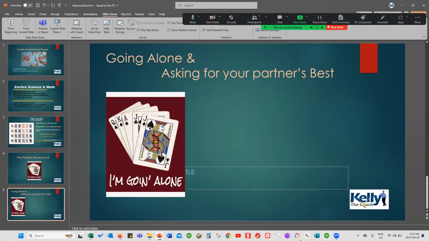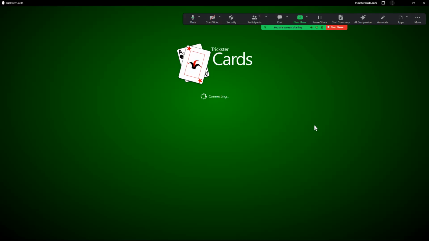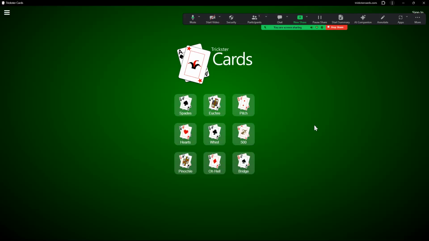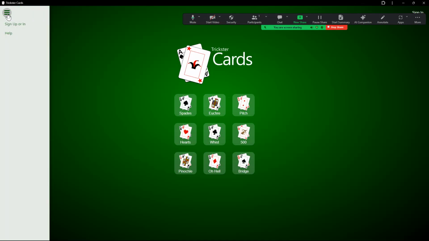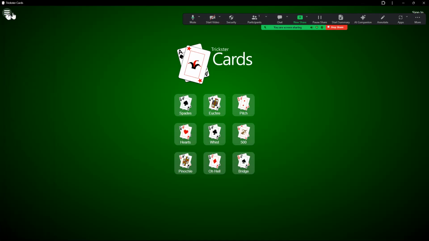So I'm going to get out of here and I'm going to get right into the Trickster game. And I want to show you first of all some of the settings. You can go into settings and there are way too many choices. That's interesting. It is asking me to sign in, and yet I just played and didn't sign out. So I guess that's good to know that sometimes I just stop sharing the screen because I certainly don't want my username and password out there because it's passwords for other stuff.